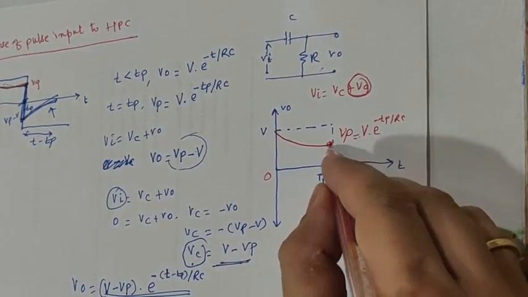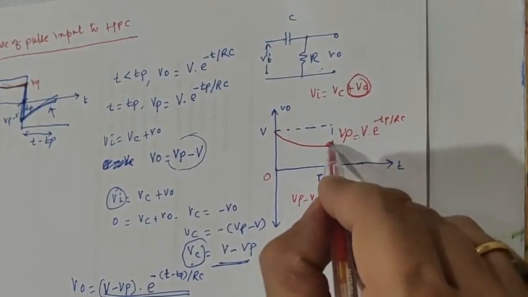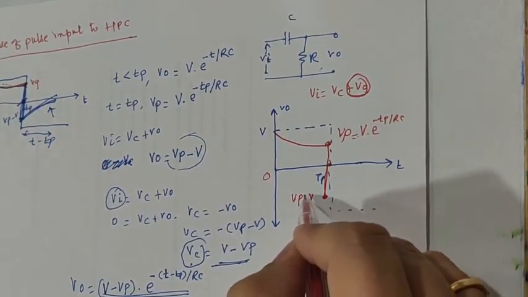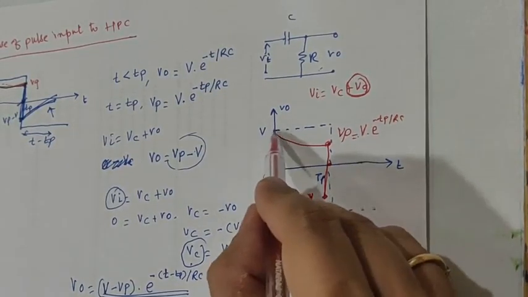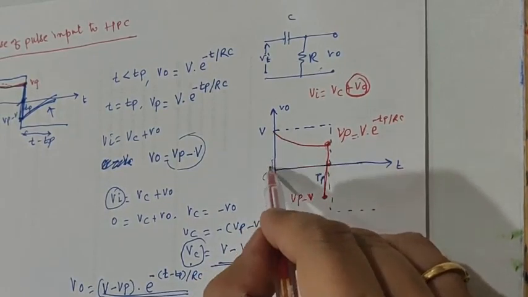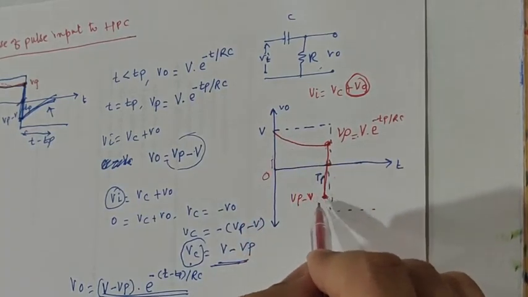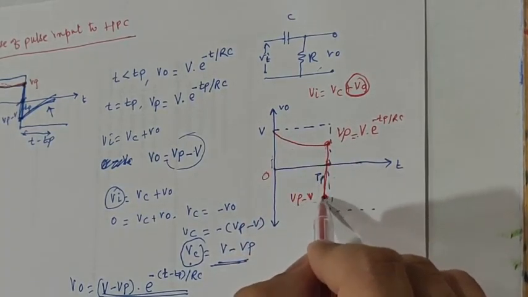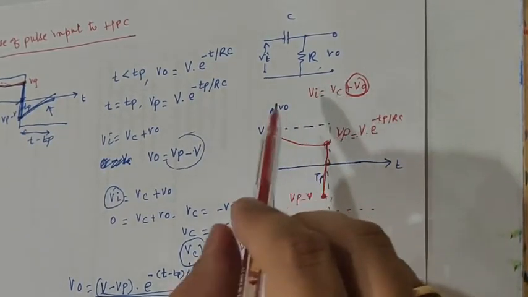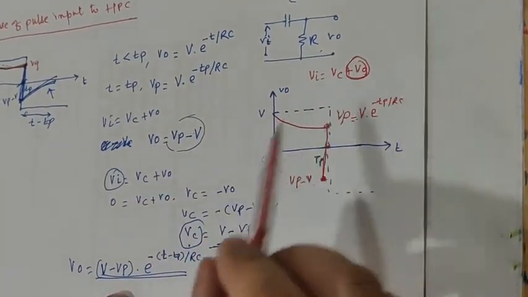So from this point it has fallen by V and reached somewhere here. That point is now called Vp minus V, because the output here was Vp, and from that we have deducted V. But if you see, the V quantity is greater than Vp, because Vp was only this much, and V is this. So if I am deducting, Vp minus V, the voltage will go negative. Of course, in the diagram also you can see that this voltage is going to be negative. Now as this negative voltage is applied, the capacitor starts discharging, and we need to find the voltage across the capacitor.